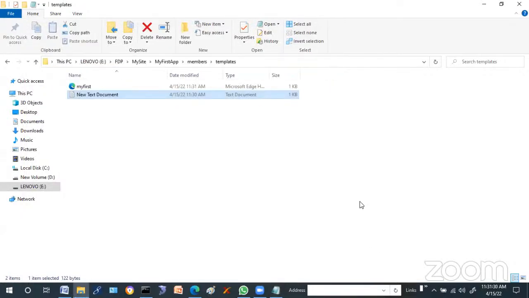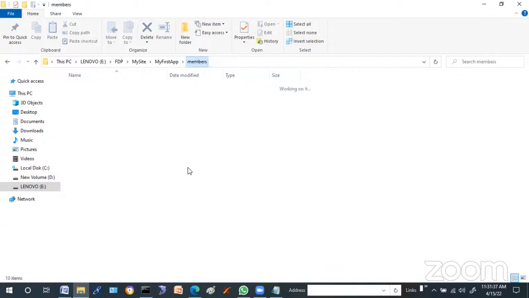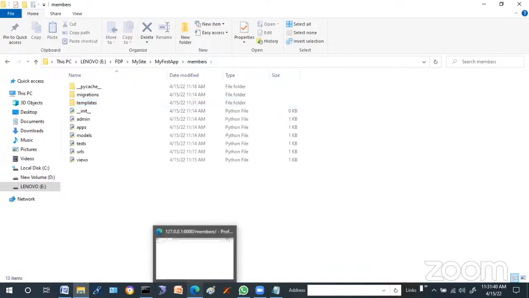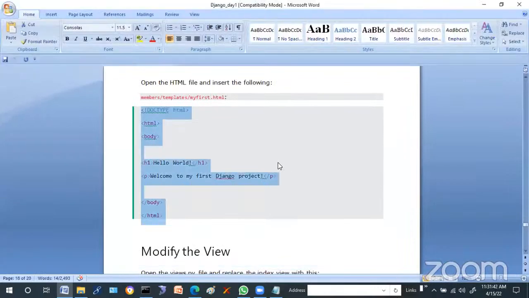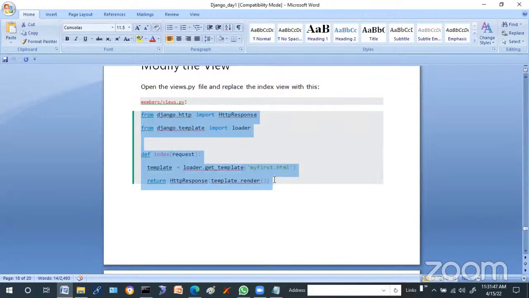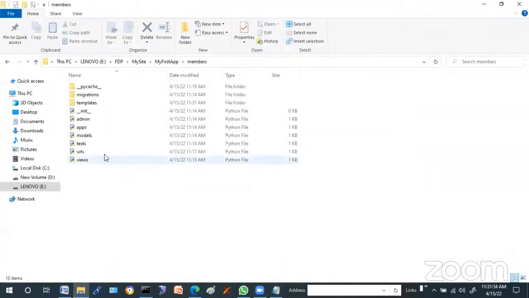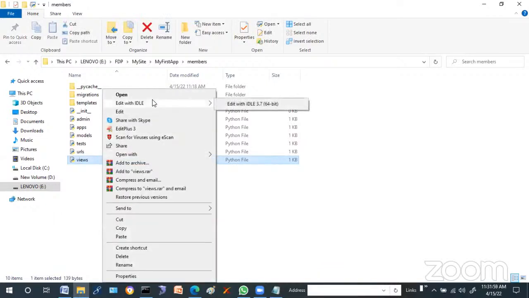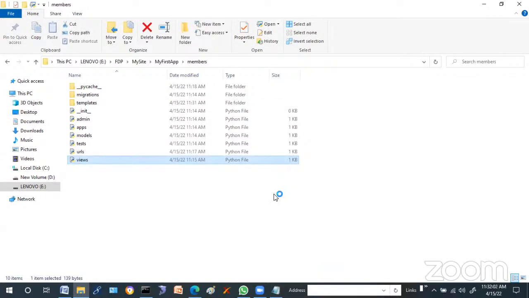So what you have to do now is go to your views.py file, which is there in your members folder. The next step is to go to the views.py file in our members folder and give the template name. So here, views.py, edit with your IDE. Now I have to specify